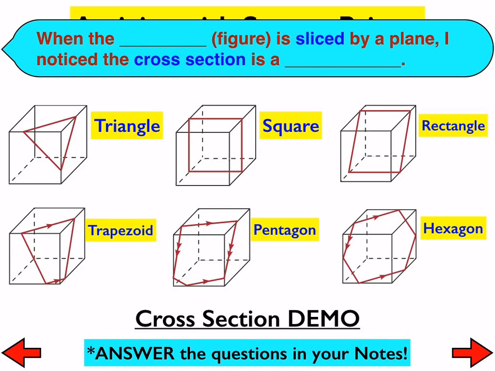Some people in third period claim that they got a 7 and an 8-sided figure. I'm not convinced of that. That doesn't mean that they didn't, but that's the majority of them right there. So it was much easier for you to see these cross sections with this activity, and that's the reason why